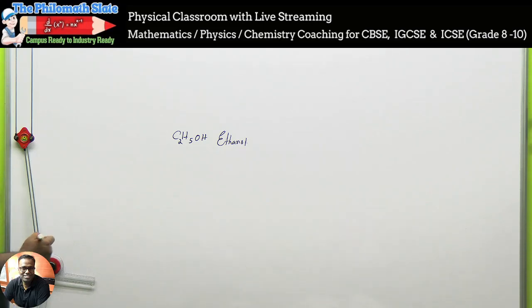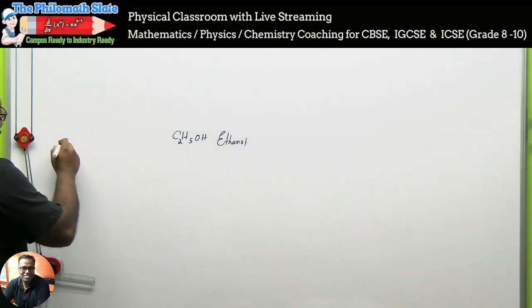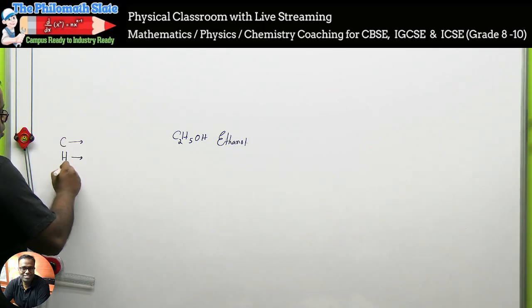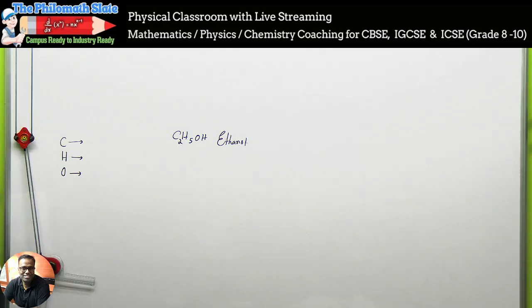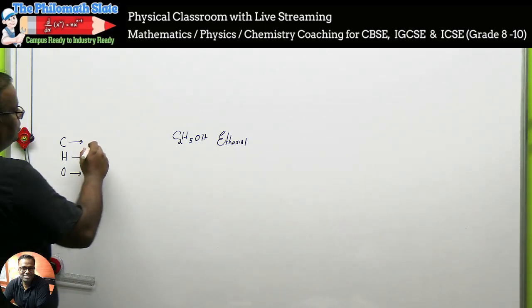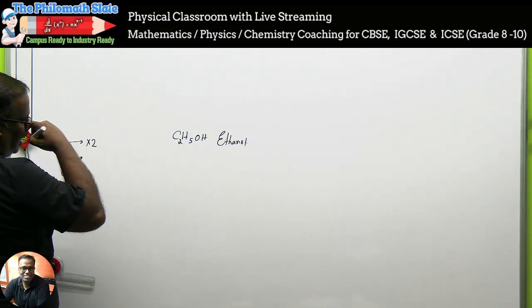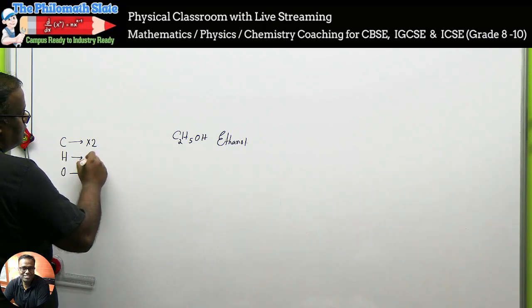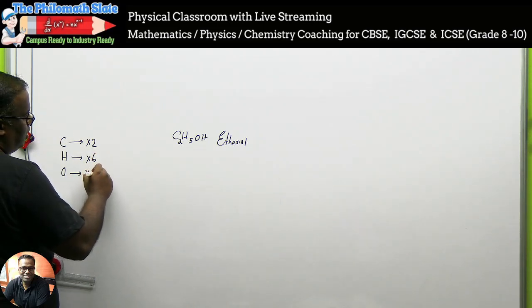Do it calmly. See, if you are very weak at this, what all is present in ethanol? Carbon is present, hydrogen is present, and oxygen is present. Carbon is present with how many count? 2 counts. Hydrogen is present with 6 count. Oxygen is present with